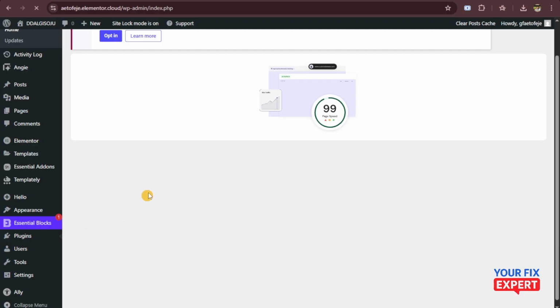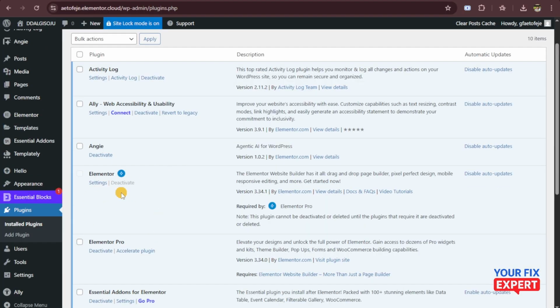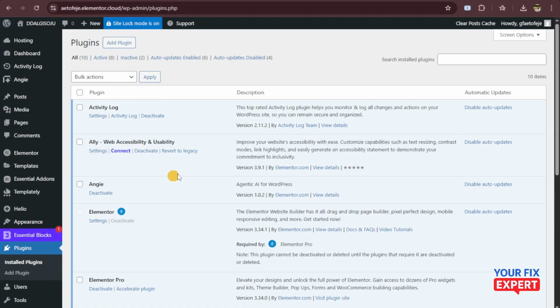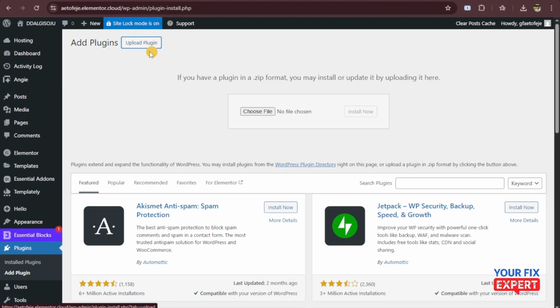installed plugins. Now once you click on installed plugins, you should be able to see the Elementor one that you will see right here if you already have it installed. But if you don't have it installed yet, then just make sure that you download the plugin from the Elementor website first, and then from there you can just click on add plugin right here and then upload the plugin of your choice. So you can just upload plugin right here, and then you're going to click on choose file,